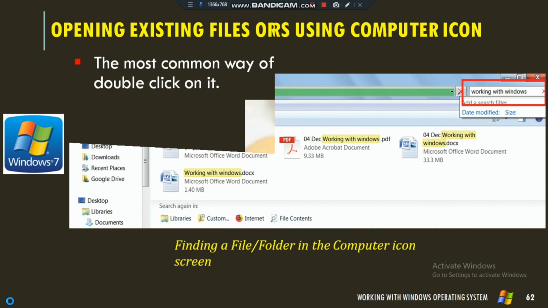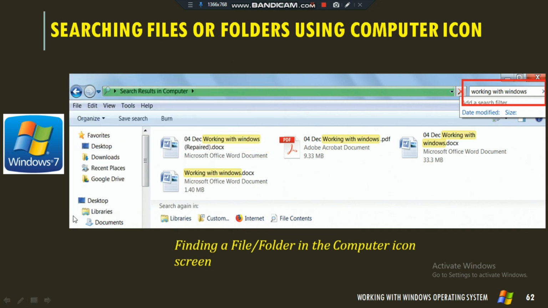Either we can use the Start menu, from that search box you can give the file name, or you can use the My Computer or This PC icon, and in that window you specify the file name in the search box and then press the Enter key. It will show the file names related to that particular drive, and you can select the particular file. This is the way you can find a file or folder in the computer.